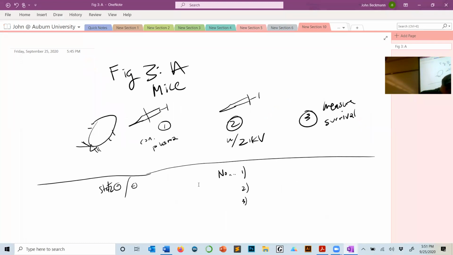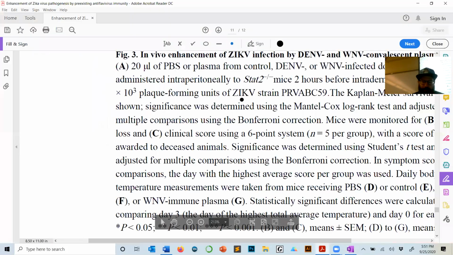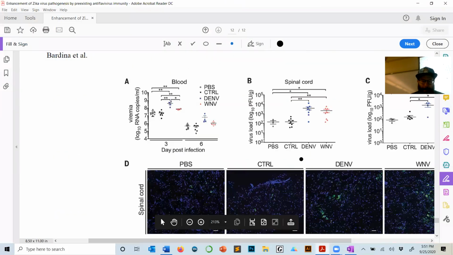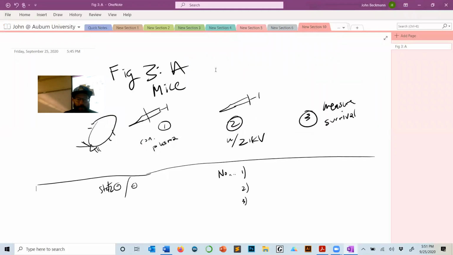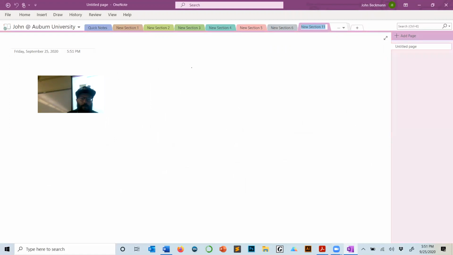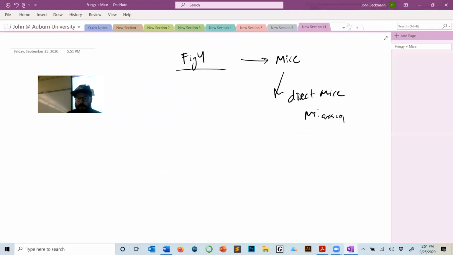We got that. Figure 4. Okay, figure 4 is, I remember now. We've done these experiments with these mice. Now let's dissect the mice, and let's do microscopy to look for the virus. Where is it? Is it actually increased in replication? Is there actually more virus by microscopy? And also let's do